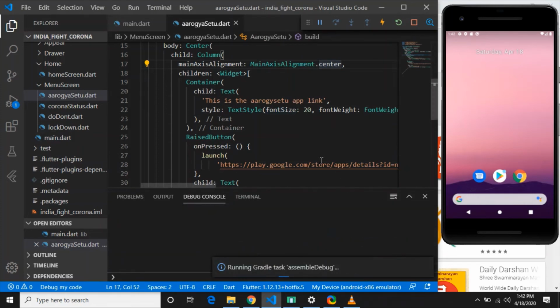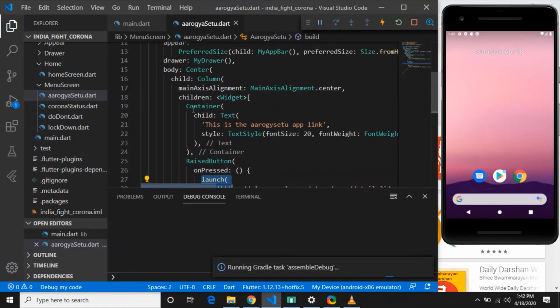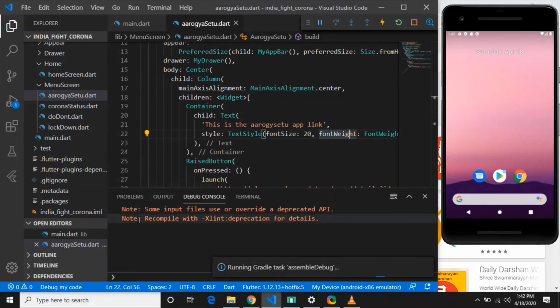So what are the things we learn in this module: we have added the URL launcher package. Then after that we have added this launch function, and we learned how to use these properties like center. So we have done a lot of things. If you get a recompile warning, just ignore it, no problem. That is just a warning, and you will get warnings in between.